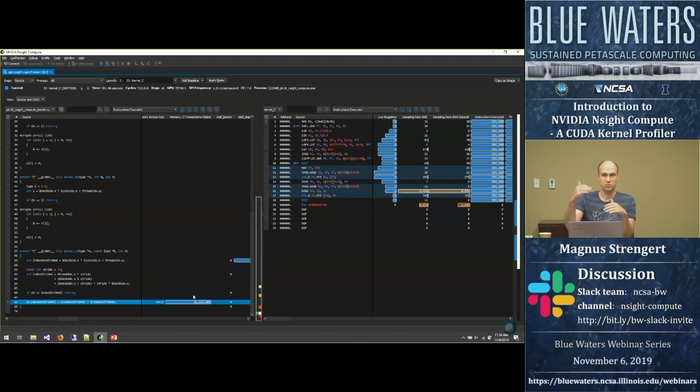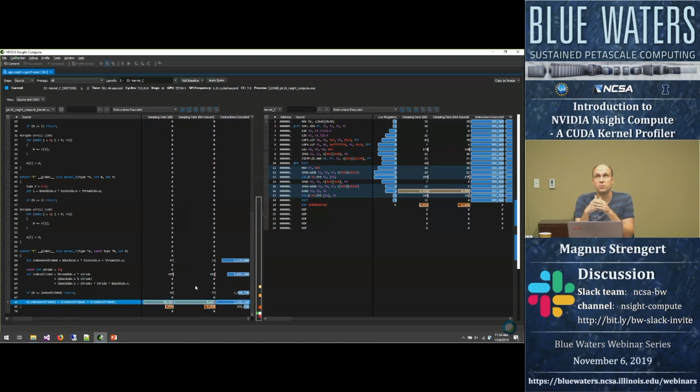That way, assume you have a lot of them in your application and you want to find the ones that have a lot of transactions in L2, you could quickly sort that column by just that value and find the few memory loads and stores that don't behave as well as you would like. What's maybe also interesting to show for this one here, the sampling columns are,